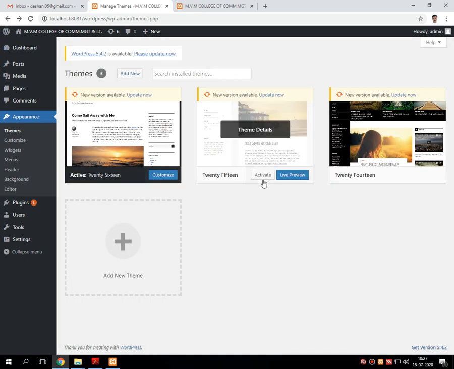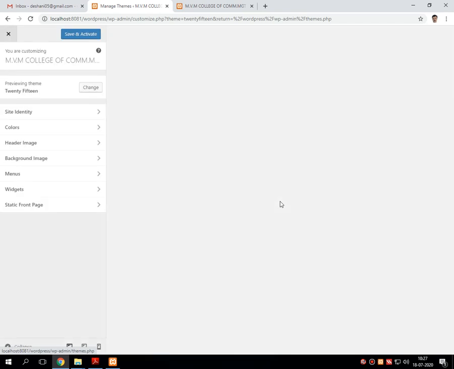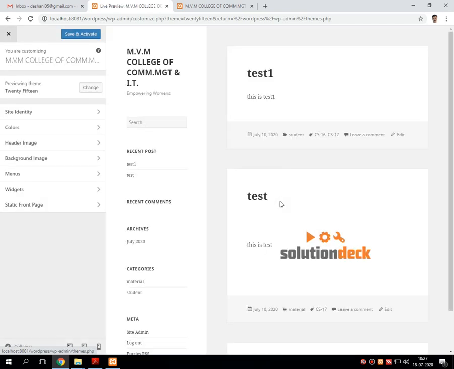Now, for example, suppose I am clicking on live preview, then what happens? Over the screen, the default theme that I am working on will automatically get converted into the newer theme that I have selected, and it shows as a preview.